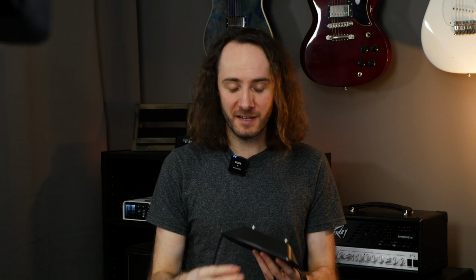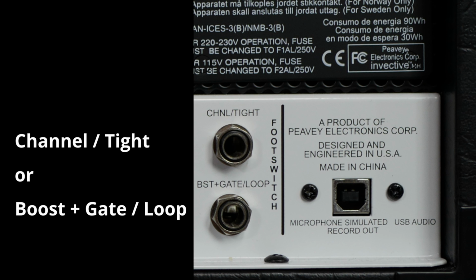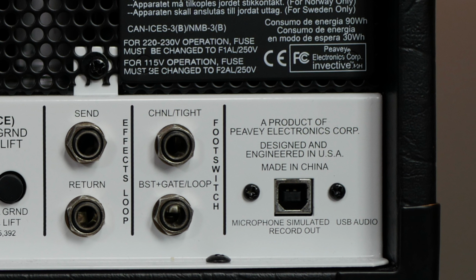So the amp comes with this double foot switch, so you have to decide on which jack you plug it in. And depending on where you plugged in, you have different functions you can switch with that foot switch. All the way on the right we also have a microphone emulated USB audio recording output. So with that you can connect the amplifier via USB to your computer and use it for recording without using an actual audio interface. So as you can see, this amp has a lot of really useful features, but now